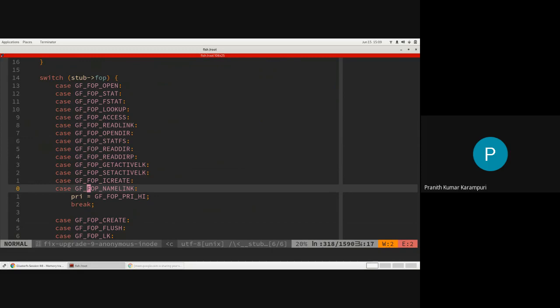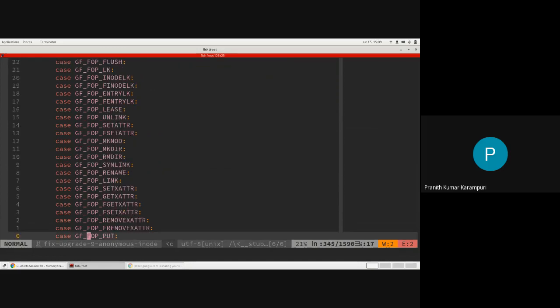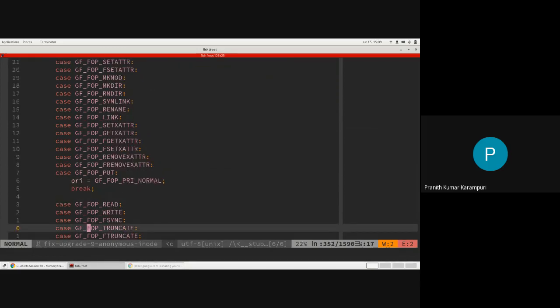Generally, all the lookup, stat, all these kinds of frequent inode read operations will have high priority. Anything that is modifying generally tends to have lower priority.